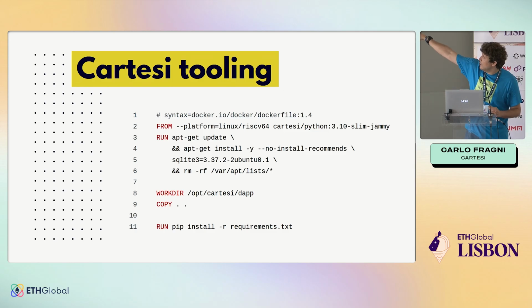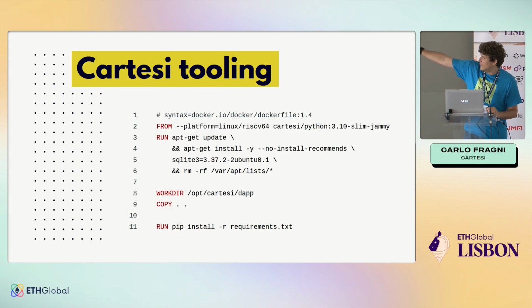So in this case here, I'm just running from this RISC-V build of Slim Jammy for Python, which is an Ubuntu distro. You can use whatever you want. If Alpine is your cup of tea, go for it. You want to use vanilla Linux, go for it as well. Whatever you want, you can start in there. Since I'm on Ubuntu, and I want to use a SQLite database, well, I just apt install it, and it's available inside the machine for my usage.